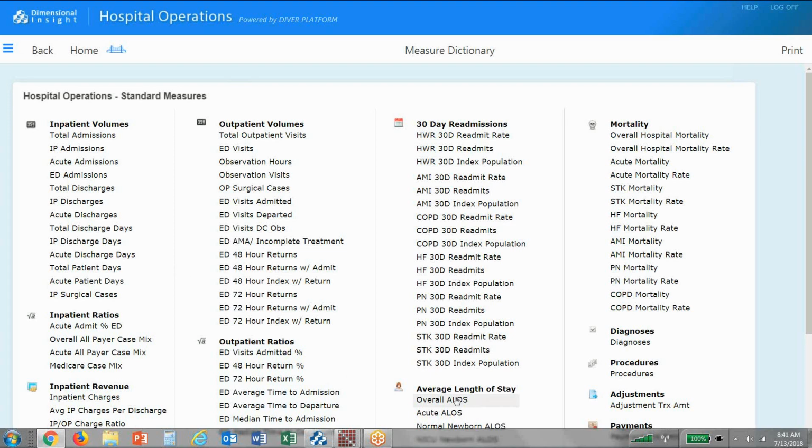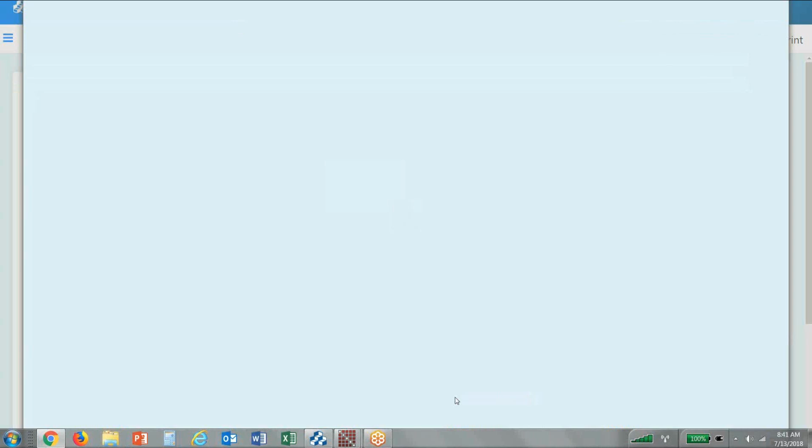So for example, average length of stay is an important operating measurement in healthcare. Now I know that there's a variety of different ways to define it. So before I start analyzing the data, diving around and making assumptions, I better understand what I'm working with. It would be really convenient, in fact, if I could just click on that measure to learn more about it,